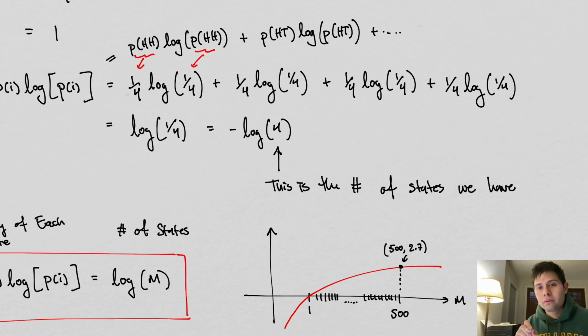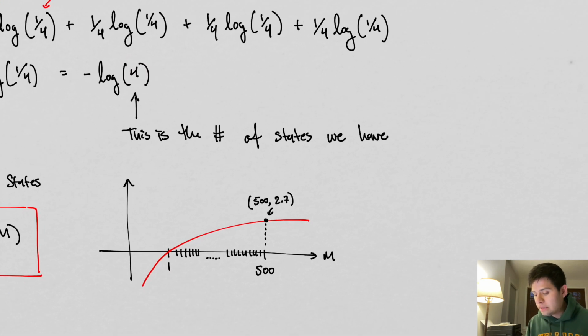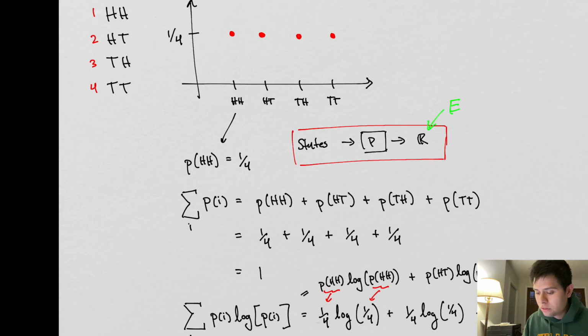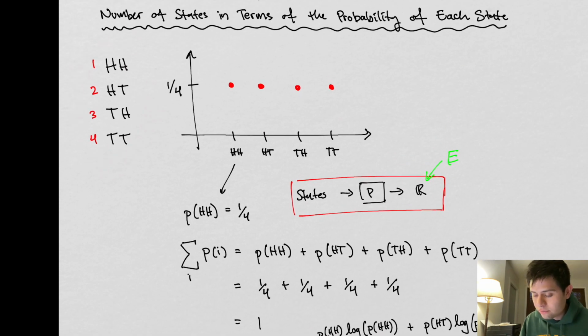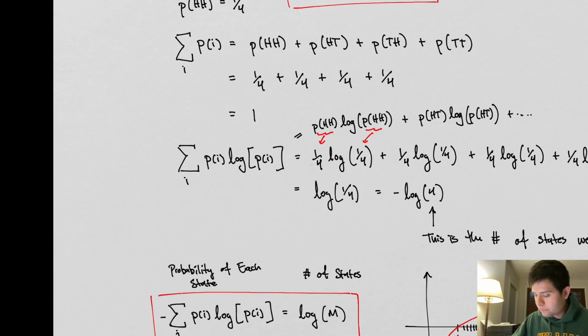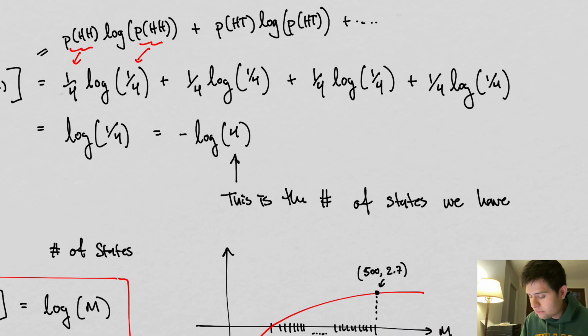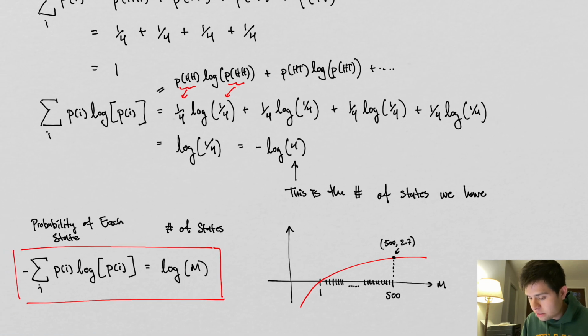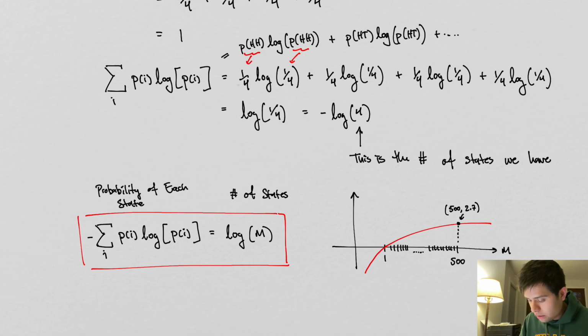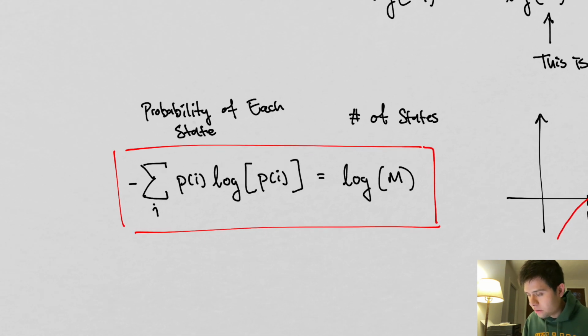If you know a little bit of math, that is the negative log of 4. And this 4, right, this is the number of states that we have, right? Because if we go back to the original system here, we have 1, 2, 3, 4 states. So this is very interesting. This is very interesting because now we can say for any system,